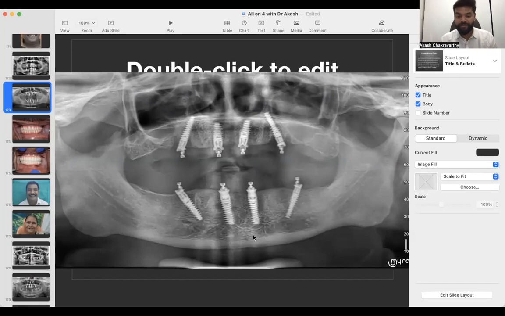Now, if you're asking why in the mandible I went for all on 4, it is because if you have only all on 4 in the maxilla, there is no point in going beyond that in the mandible, because there is no need for that over there. That is the reason why I stuck to all on 4. And now we are experimenting with all on 3 in the mandible. The mandible is a very, very strong bone and it can take only 3 implants. It's getting a full prosthesis with only 3 implants. It is good. So 4 implants is really, really good in the mandible.